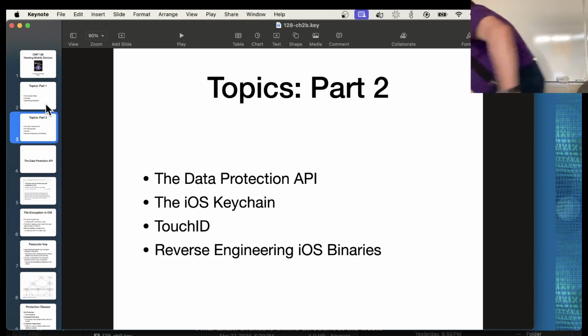Oh, and let me get my projector running here. At least I didn't realize it wasn't running. Anyway,